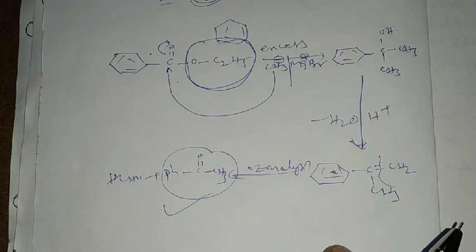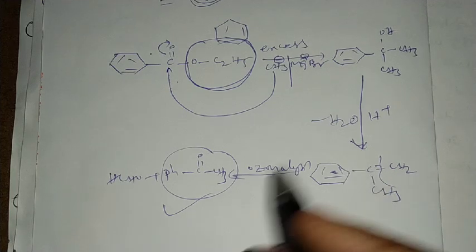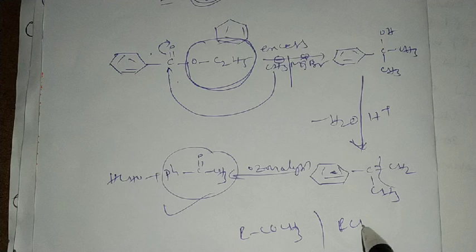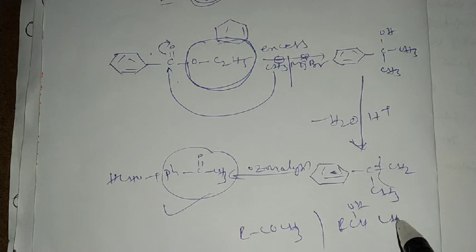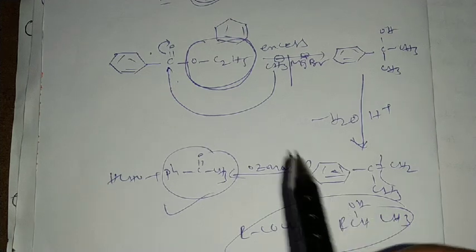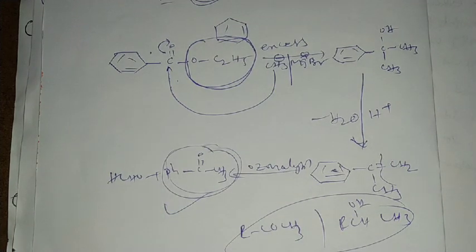What is the iodoform test? You know, the iodoform test is used to check the presence of carbonyl compounds with the structure RCOCH3, or alcohols with RCHOHCH3. Is it okay? So RCOCH3 type, otherwise RCHOHCH3 type. Okay, so definitely it gives a positive iodoform test.